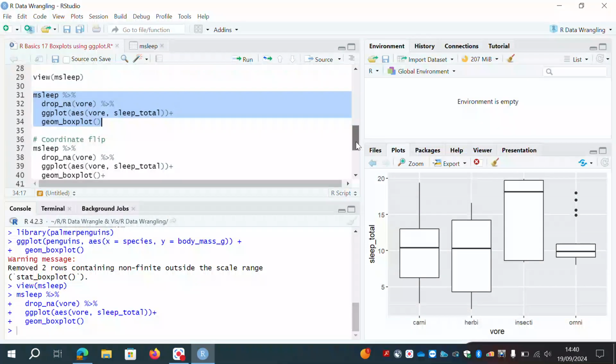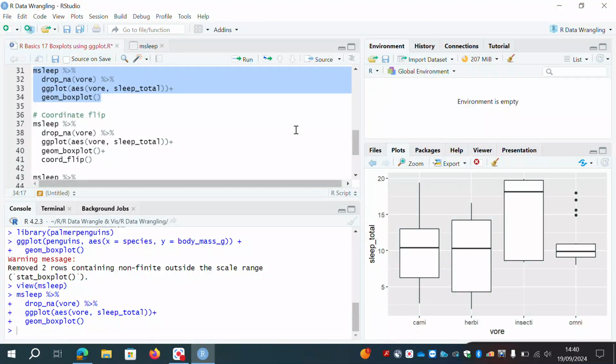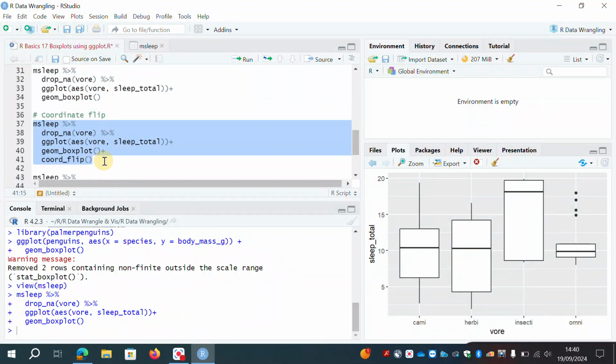Okay, so a couple of little extra things. I'm not going to play around with the color or do any kind of fancy styling. It's easy enough to look that sort of stuff up on the documentation for ggplot if you want to do that. But I'll demonstrate a couple of things. And sometimes you see box plots created where